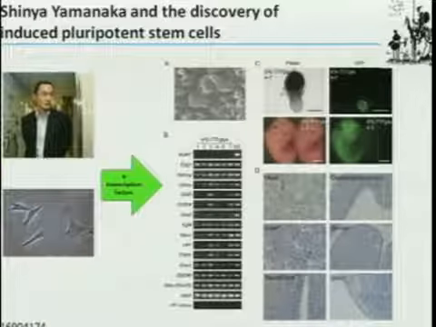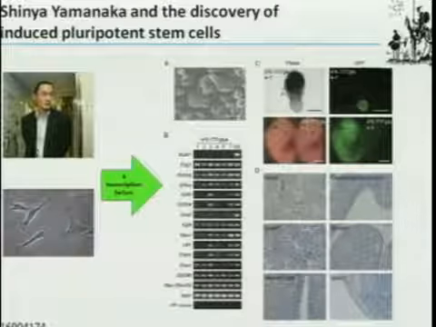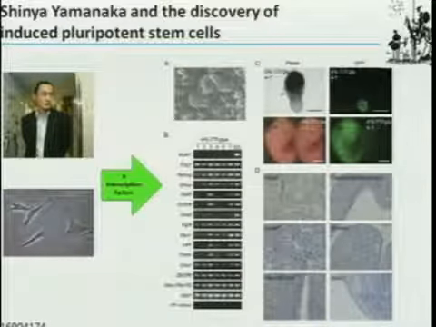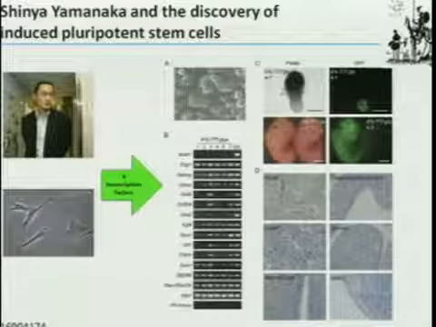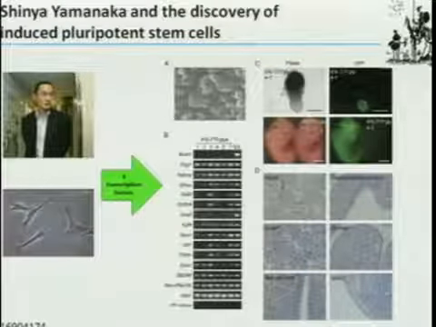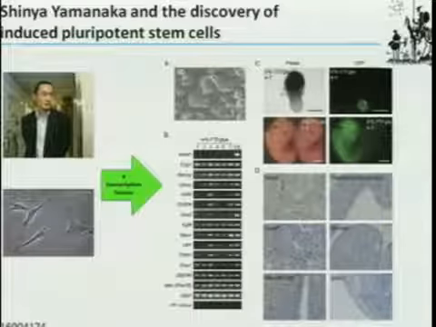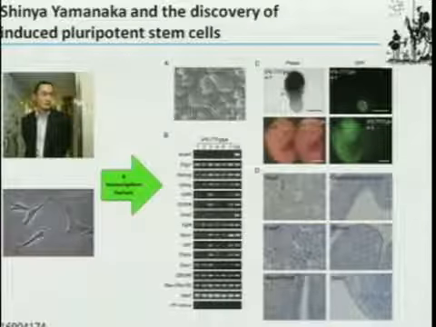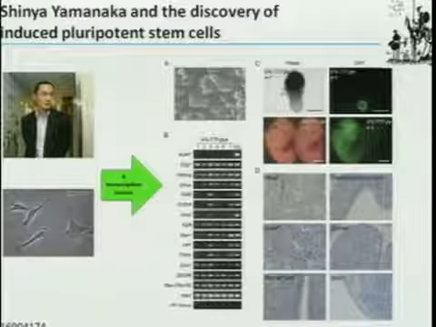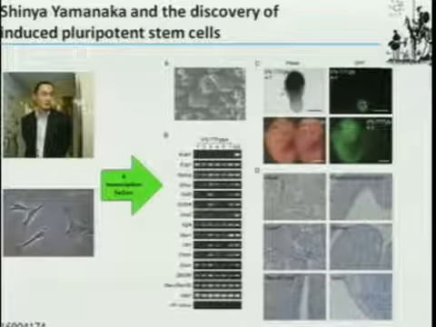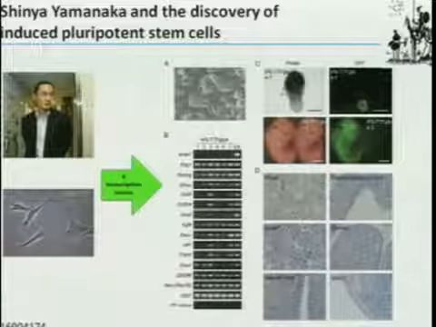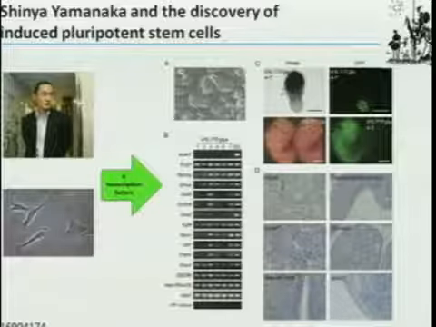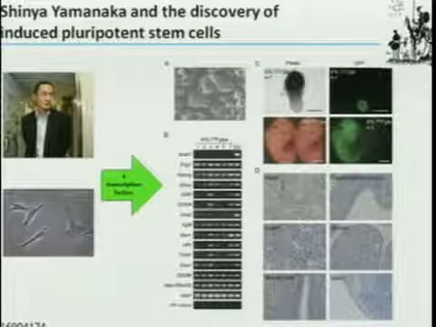Second, not only do they divide forever, they forever maintain their identity through that division. So they're eternally self-renewing. Last but not least, stem cells, at least the stem cells that Professor Yamanaka made, are pluripotent, so they can differentiate into all the cell types of the adult body. So they have endless potential written into them. How in heaven's name would you convert a fibroblast, a differentiated cell, into a stem cell? By rewiring its gene expression program.